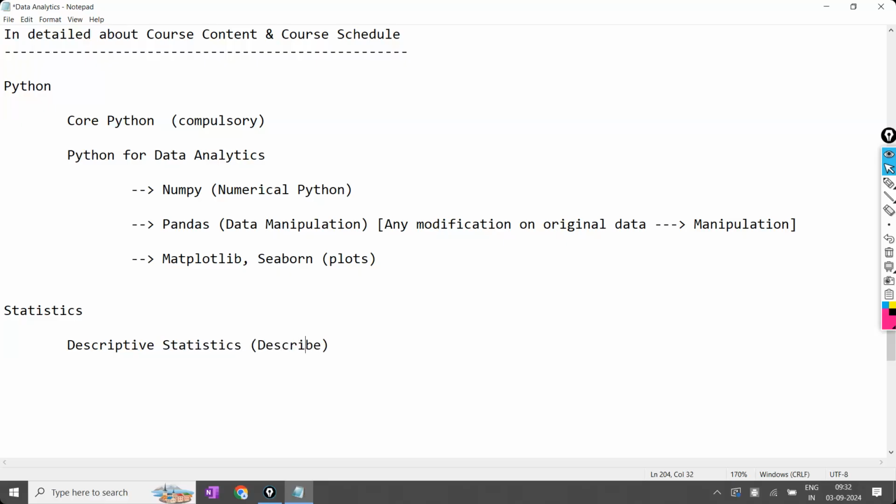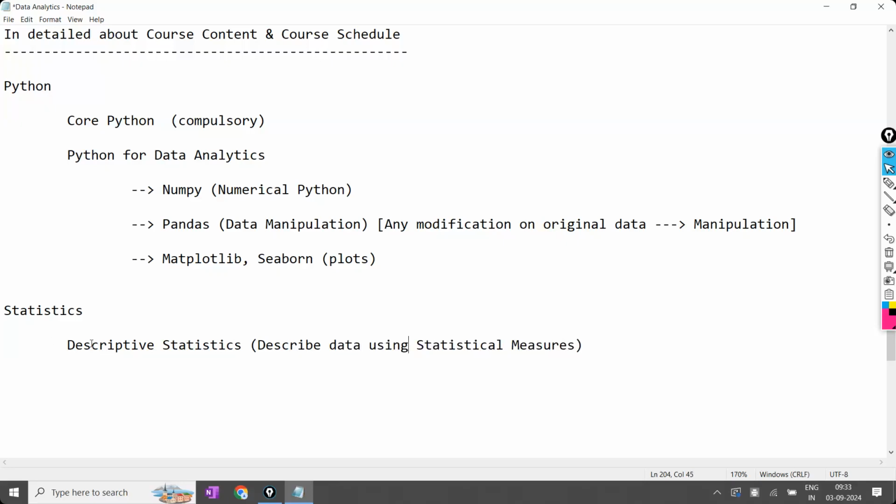How are we going to describe the data? We are going to use some statistical measures. Using the statistical measures, we are going to describe the data. So descriptive statistics means describing the data using statistical measures, like calculating in the given data what is the minimum value, what is the maximum value, what is the average value, how the data distribution is, and how much deviation is there.